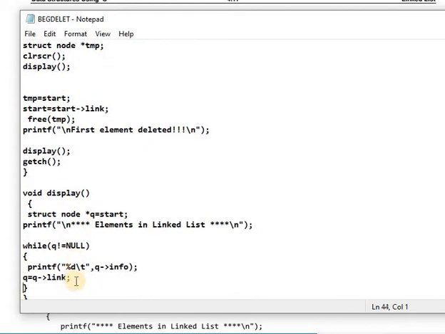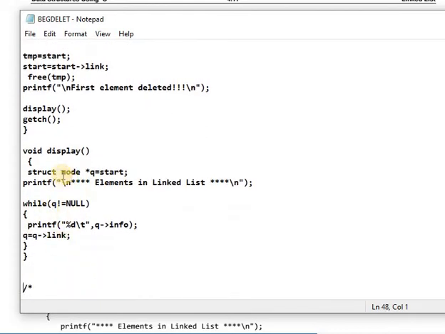In the display function definition, first pointer q is initialized to start. After that the message for elements in the list is displayed. Then while q is not equal to null, the elements are displayed one by one, and q link means your pointer is incremented, moving from one node to another.